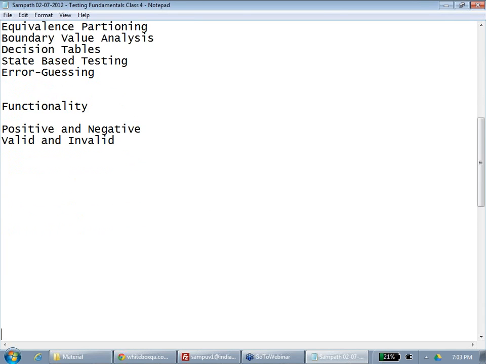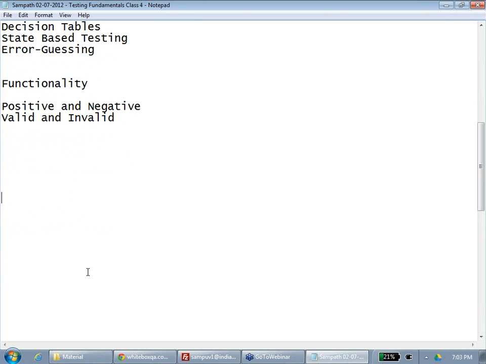So let's give some functionality. For example, there is a tap. If you press it, it will give you water. So tell me valid and invalid. Yes, that is valid. Very good. Now tell me invalid.